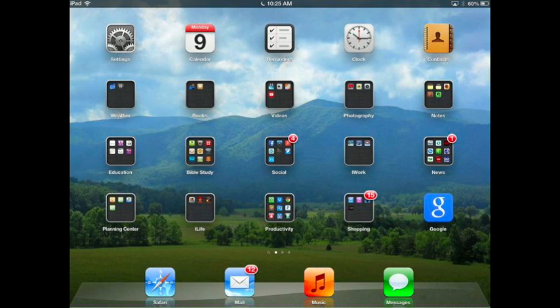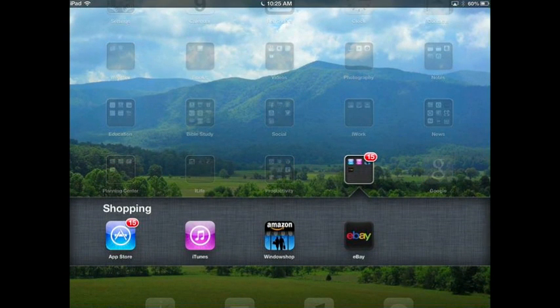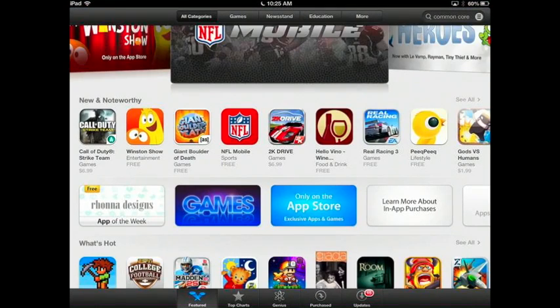So the first thing you're going to want to do is locate the App Store icon. Now you will see on my icon there on the left the number 15 in a red oval. That simply tells me that I have 15 apps already installed on my iPad that need an update. I'll show you how to do that. It's very easy. Once you download these apps, sometimes developers will do an update to keep them running smoothly or to add new features. So every few days, or if you see that number pop up, go in there and allow it to update so that you'll have the most recent version of the app on your iPad. So we go into the App Store, and when you enter in,